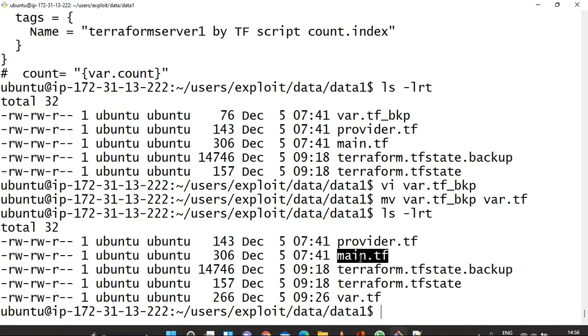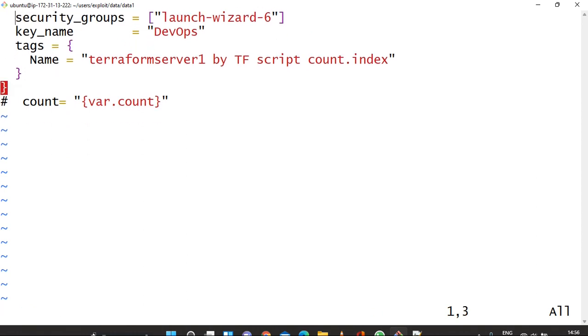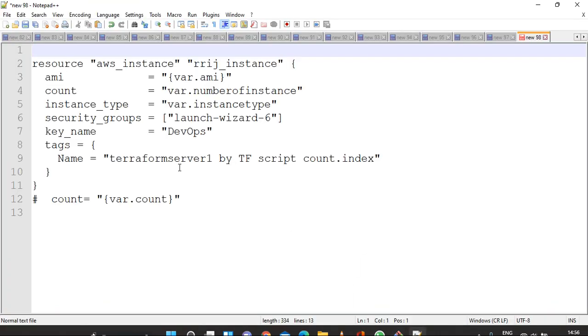Then we have to change this main.tf. What we have to write?